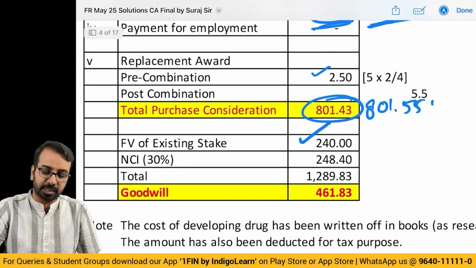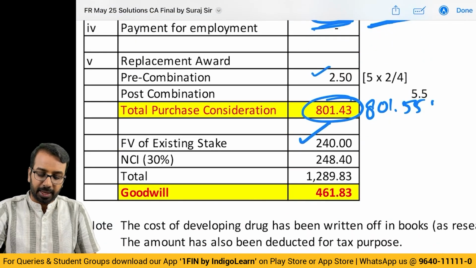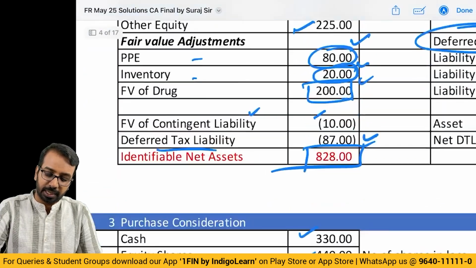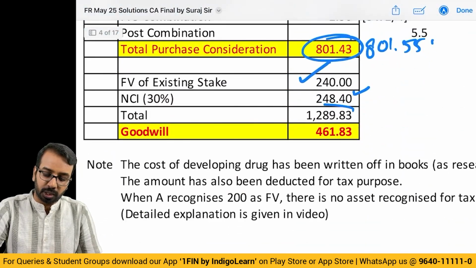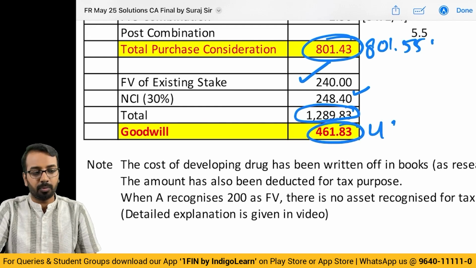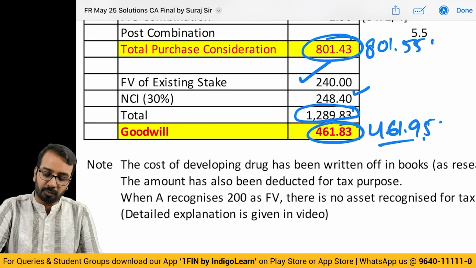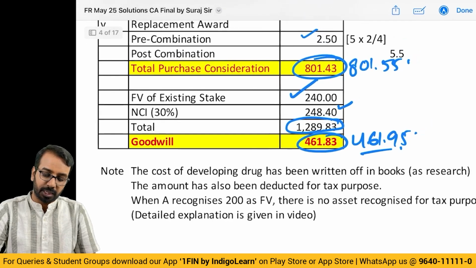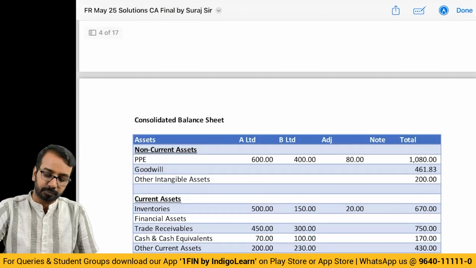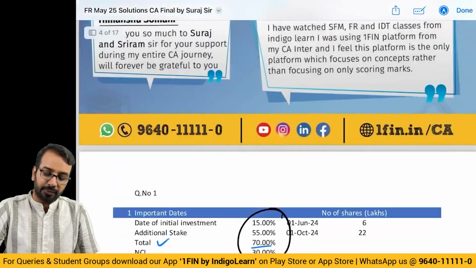Fair value of existing stake is 240, and NCI is 248.40, which is 30% of the net assets. Total is 1289, and goodwill comes to 461.83. If you use the other number, it is 461.95. Okay, that is fine. Now this is the note I have written for intangible asset. Right. After this is done,